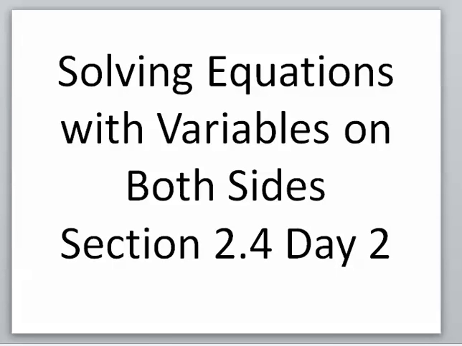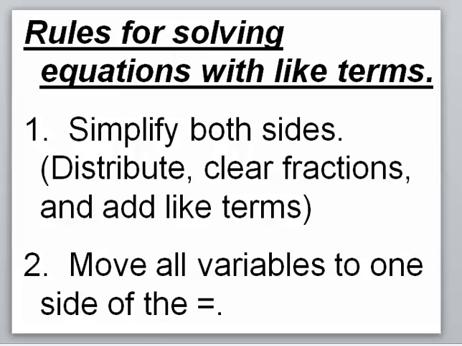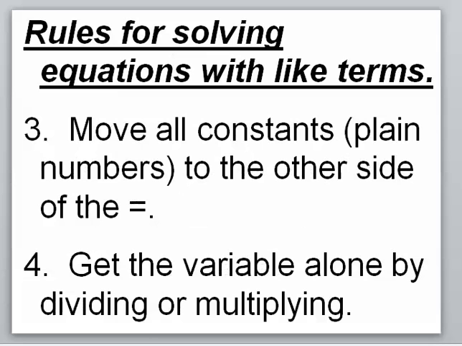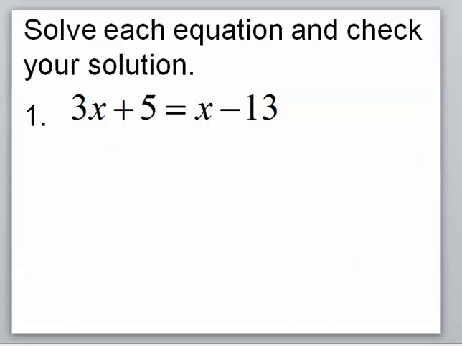Alright, for my next problem here, we're solving more equations with variables on both sides. As a reminder, the steps to do so are to simplify both sides by distributing, clearing fractions, and adding like terms. Then you move all the variables to one side of the equals, and then you move all the constants to the other side of the equals, and you divide to get the variable alone. First example today